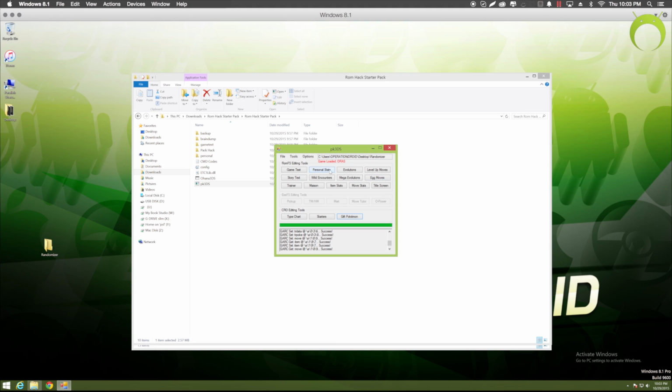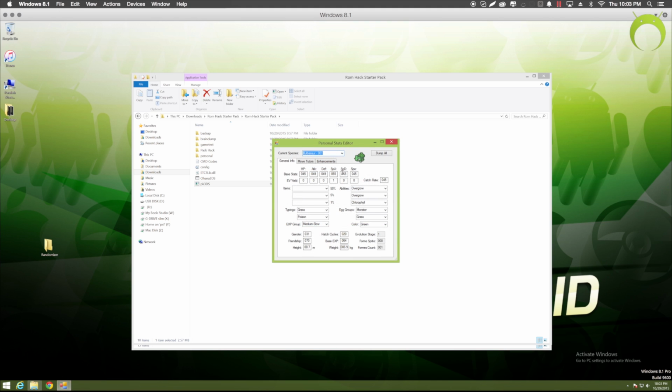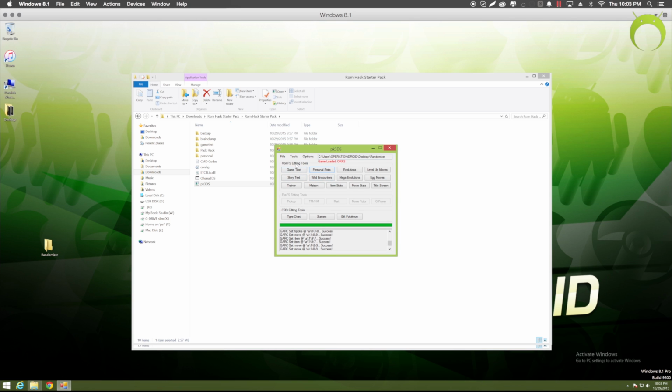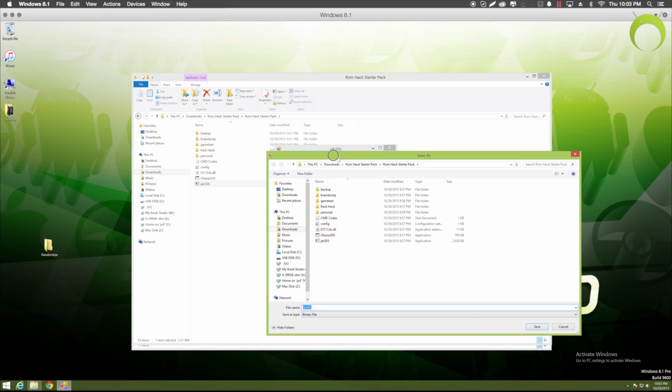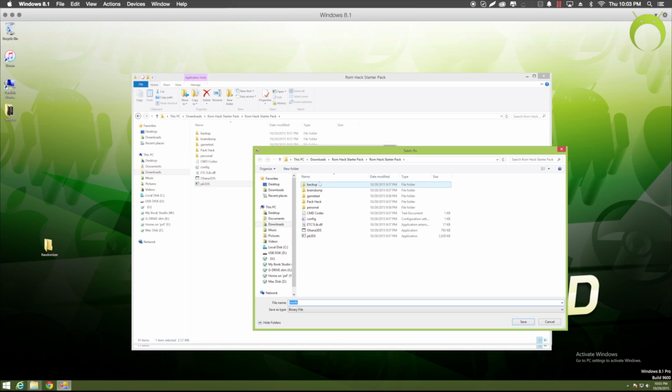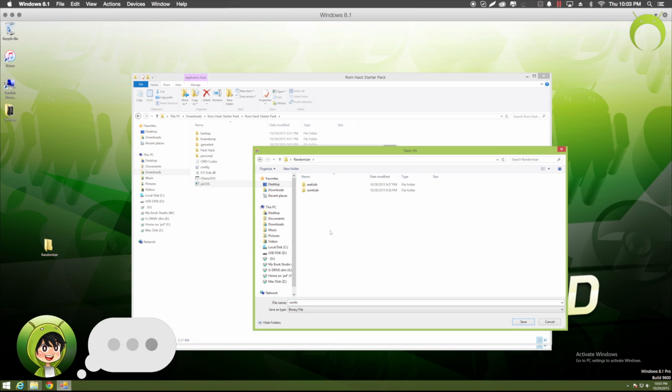So once you're done doing all of that, you're going to want to go and click on File, although clearly I'm still messing around with stuff, which I shouldn't be. But once you're done, you're going to go into Tools, and you're going to go into where I go here, and you're going to rebuild the ROM FS, and then hit yes. Now, you want to name this file exactly what the last 8 digits of the folder that was placed on your SD card was named.